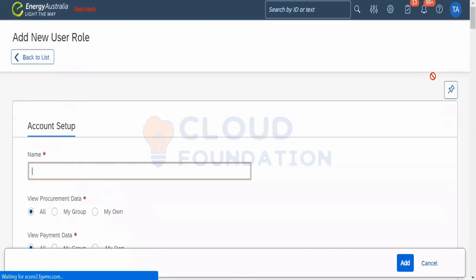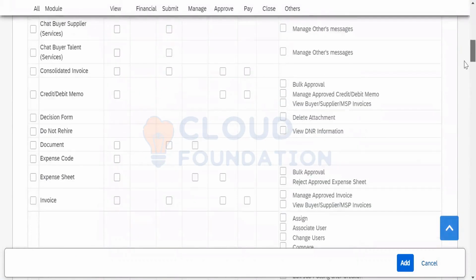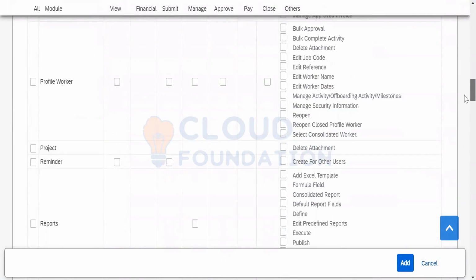Similarly, if I have to create anything new, I can go ahead and create it. The options we saw there, we are going to find those options here.